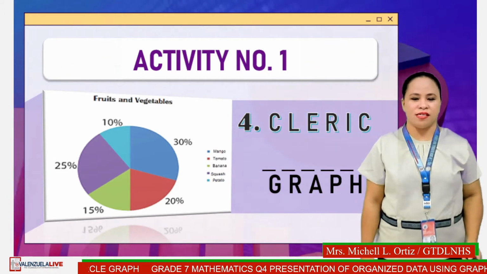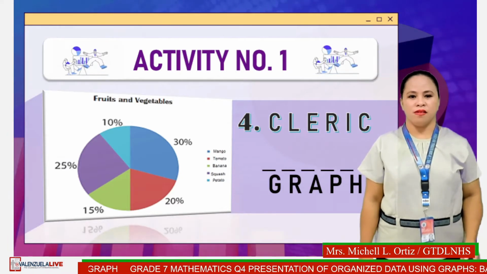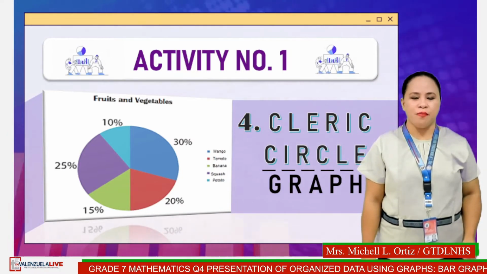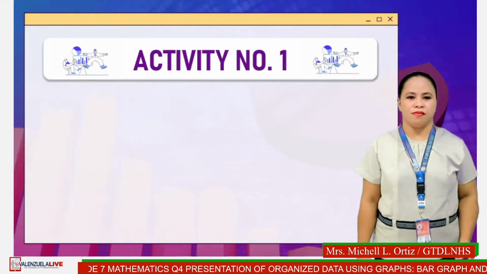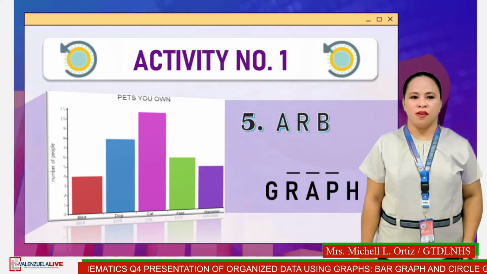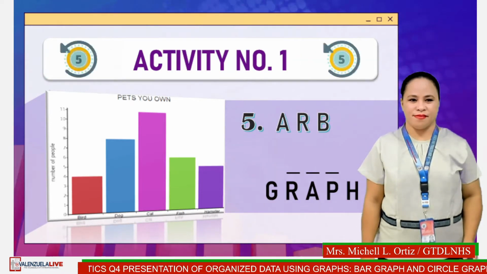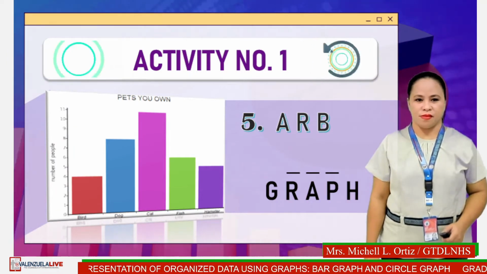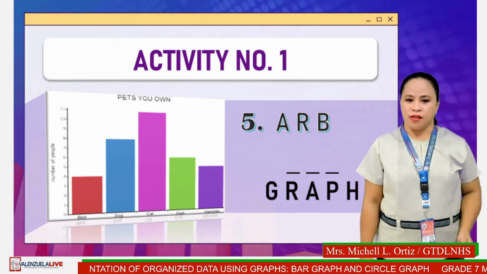Correct answer is circle graph. Number 5. 5 seconds. Go. Correct answer is